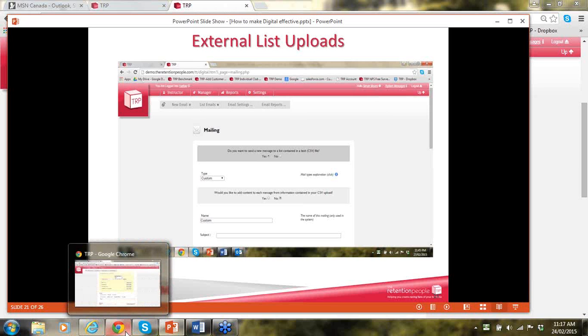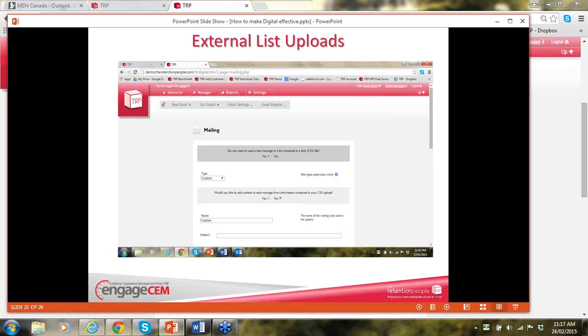The TRP software also has the capabilities to import external lists and upload those lists. So for instance, if you do not track your guests, your trial memberships, your prospects in your member management system, but you do track them on an Excel spreadsheet, manually, CSV file, on another system,